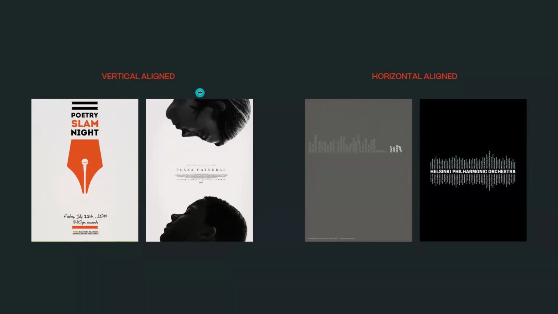Also here, if you draw a vertical line in the poster, the whole thing will be aligned in the vertical line. Here also, you can see it is horizontal, right? If you draw a horizontal line in between, the whole text and whole subject in the poster will be placed on the horizontal alignment.